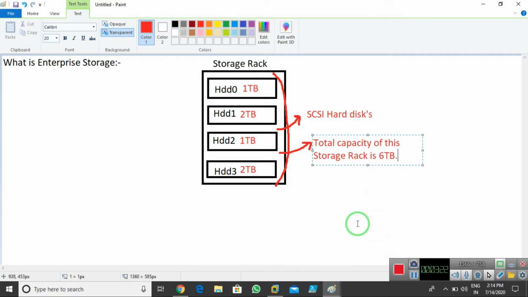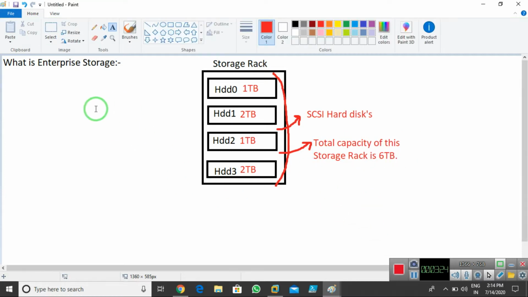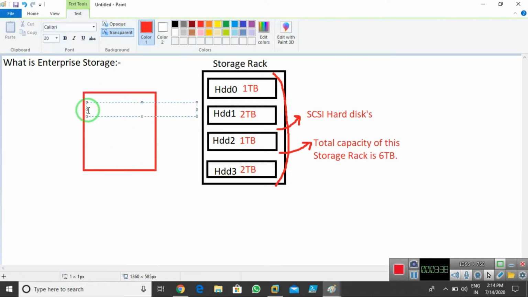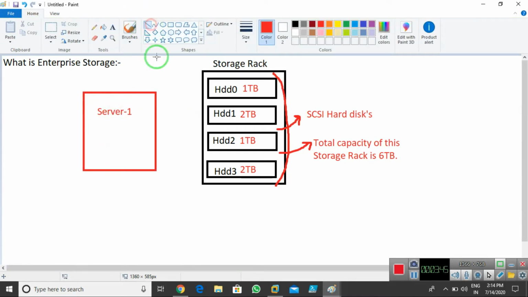Now in enterprise storage we can use this kind of storage. Imagine I have multiple servers, and one server is attached to this storage, as you can see. This is my server 1, and I can attach this server physically to this rack with the help of fiber optic cables or something like that, because we need speed.